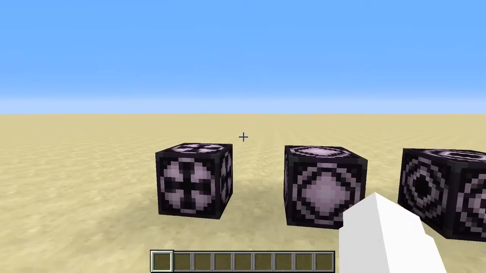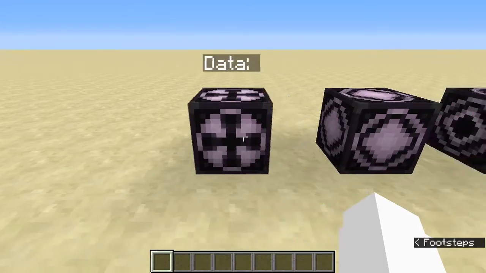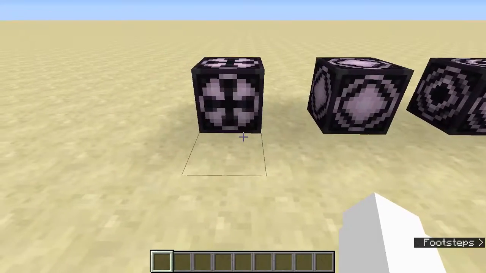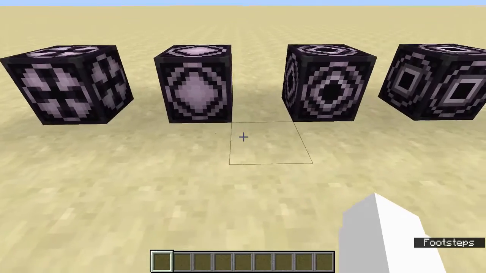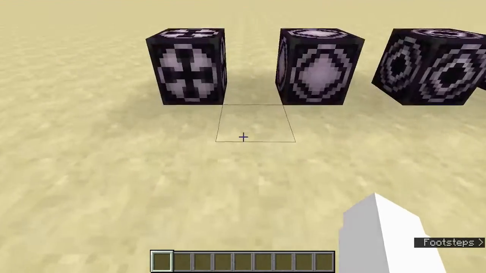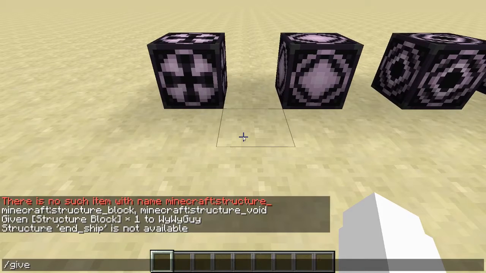Hello everybody, today I'll be doing a tutorial on structure blocks. Now, I watched a tutorial when they first came out, but a lot of things were left unexplained, so I decided to make my own, although I doubt it will be any better, because there's a lot of things I cannot explain. So, to get a structure block, as you may know, you do /give, and you can do op,